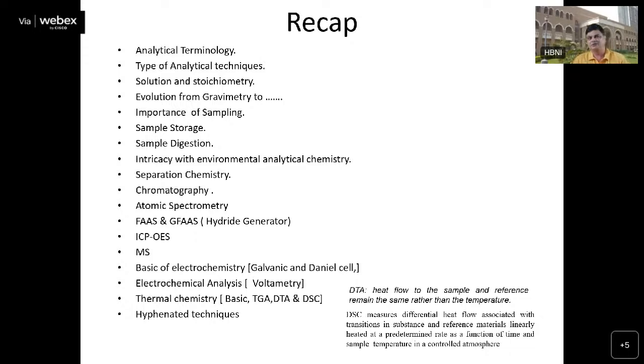Then we have seen the importance of sample storage. How important is sample storage? Because it's not possible to do the analysis on the spot. So you have to collect the samples and bring them to the laboratory. During this process of transportation, as well as during storage, because there is a time lag between the sample being received in the laboratory and the analysis,